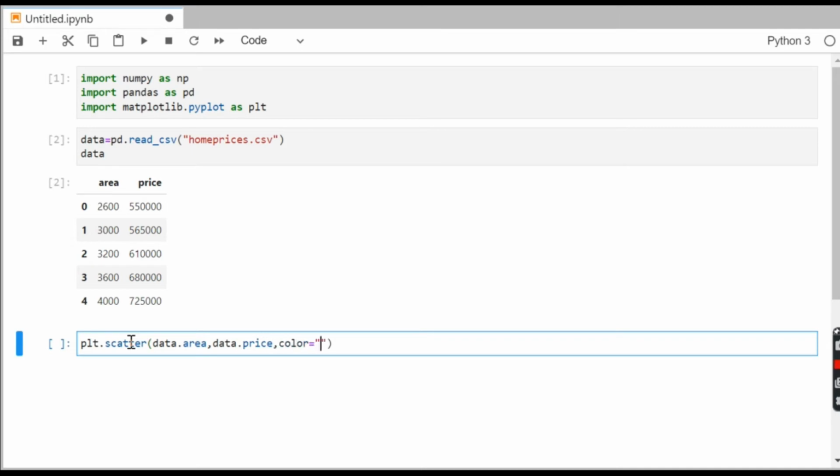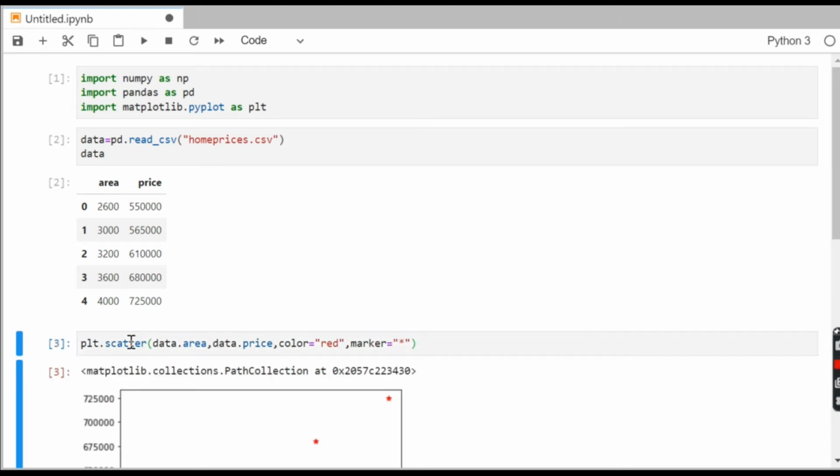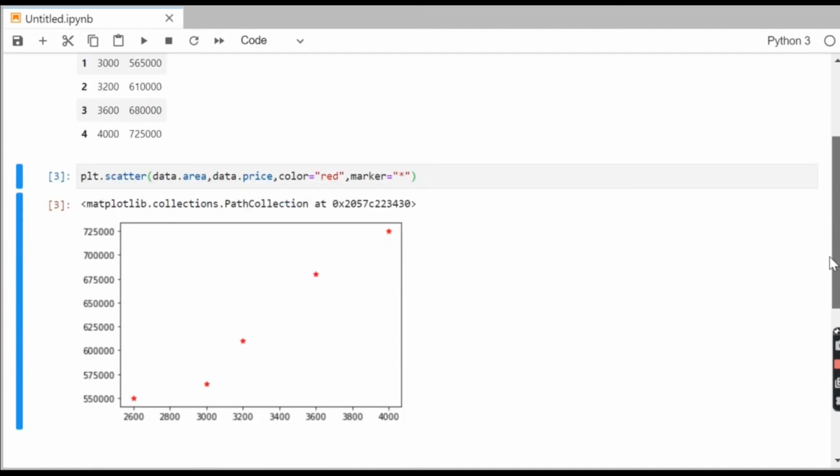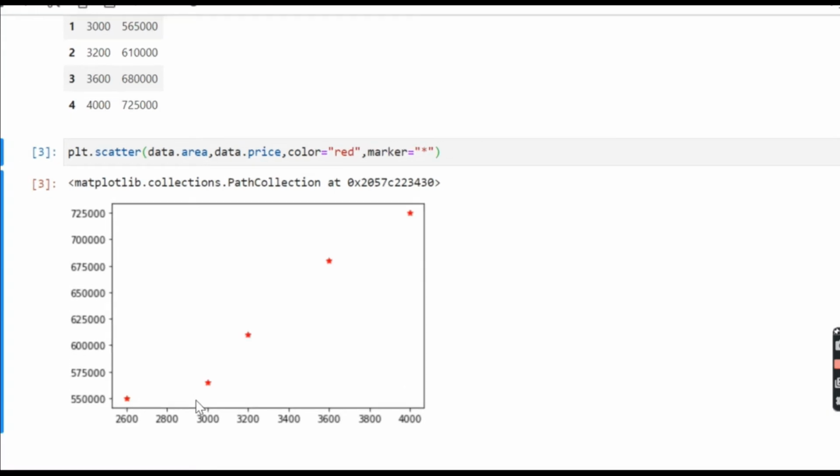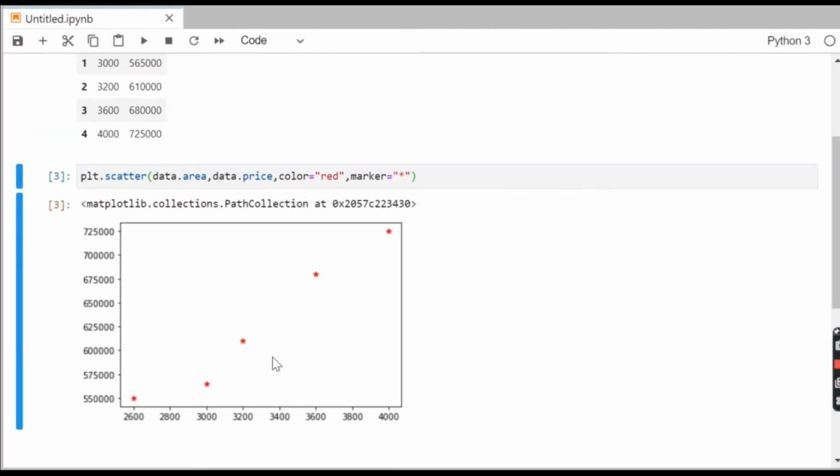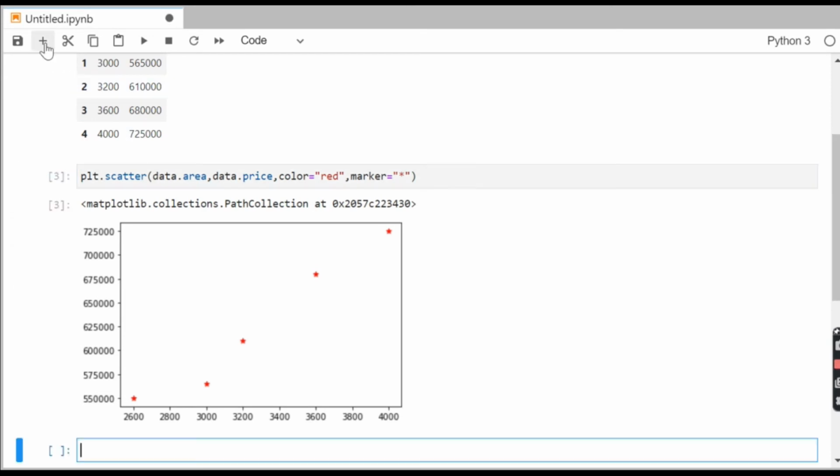Marking some color, say color equal to red, and taking one marker, say my marker is star. So this is my scatter diagram, you can see. I have taken the marker star, that is why you can see stars, and the color is red. So we are done with this scatter diagram.